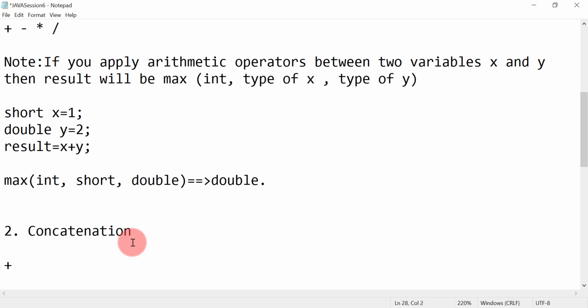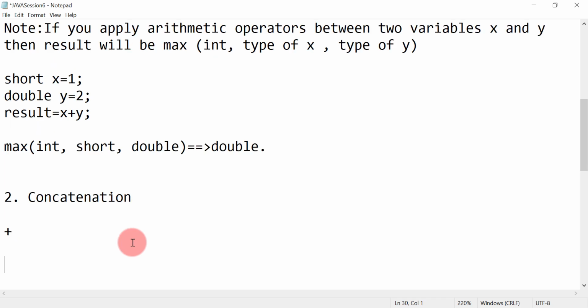People may get confused between the addition and this concatenation. So when we see the example, you will understand this concept. This operator is used to create a single string out of multiple strings. So let's say I have two strings. I have this test, then I have another string as ing. If I want to make this one string, testing, then I will use this concatenation operator, the plus sign, between these two strings.